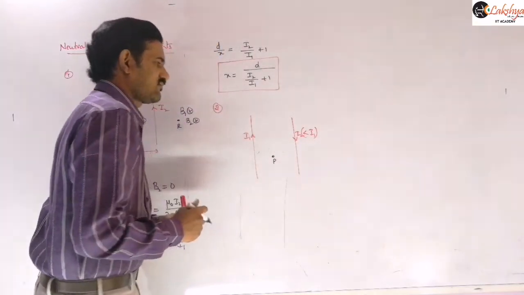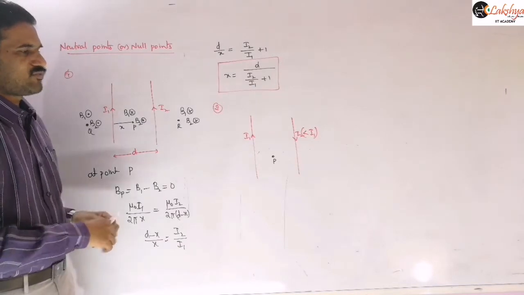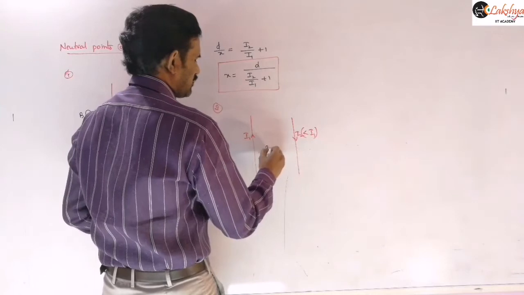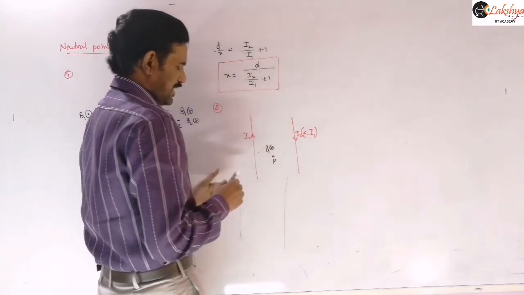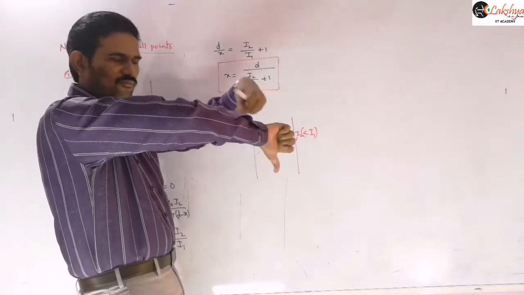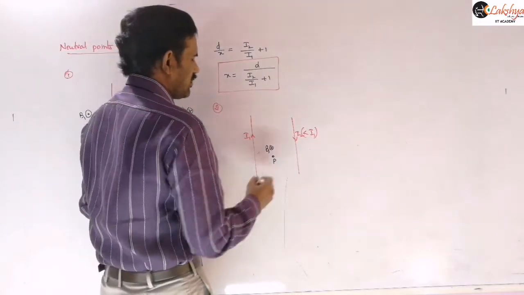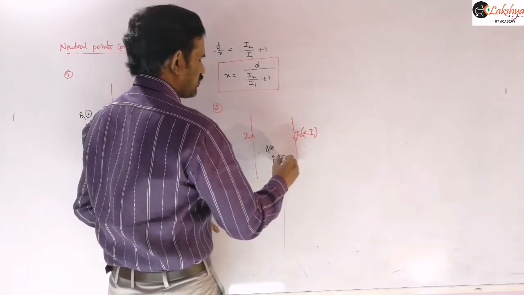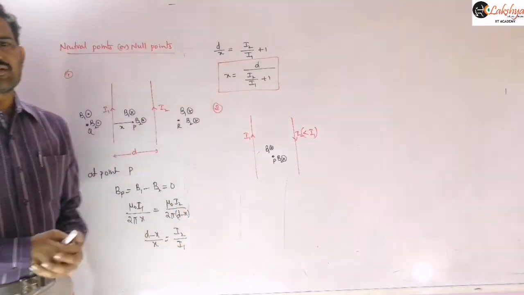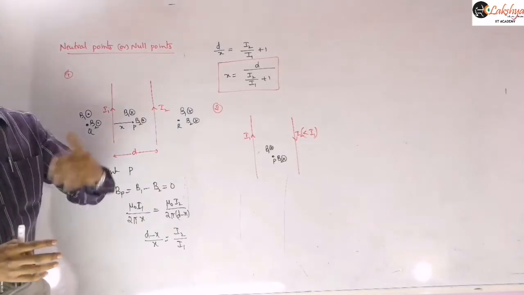Let us take the direction of the field at that point. The magnetic field due to this I1 will be into the plane here. So this B1 will be into the plane. Now let us take the magnetic field due to this I2. For this case the current is flowing in downward direction, so the field lines are into the plane here. So B2 is also into the plane. That means in between these two conductors there is no chance of getting the neutral point. So there is a possibility to get this neutral point outside only.